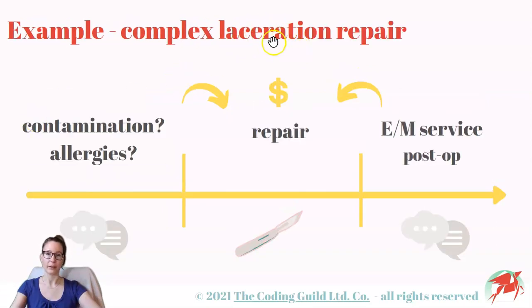Classic example is the laceration repair. The patient comes in with an obvious deep cut on their right hand. The provider quickly checks for contaminants, confirms drug allergy status, and then action. Complex repair is performed and the patient is sent home. Here, the pre-procedural evaluation is strictly focused on the upcoming procedure. If this EM service was a separate note, it would be about 2 sentences long and would hold almost no value on its own. It would be too little for legal purposes, too little for continuity of care.